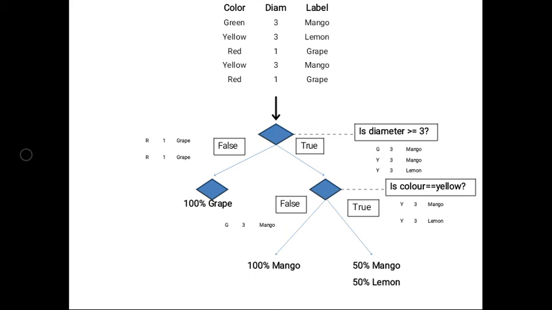So we could say that it is perfectly unmixed. There is no uncertainty about the type of the label as it consists of only grapes. On the other hand, the labels here are still mixed up, so we will ask another question to split. Before that, we'll understand which question to ask and when, the one that helps to unmix the labels.